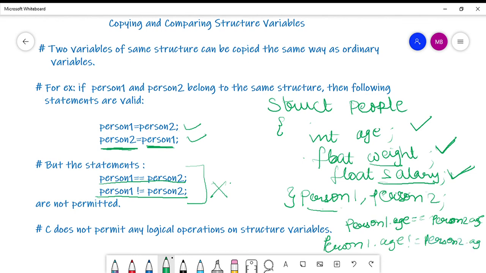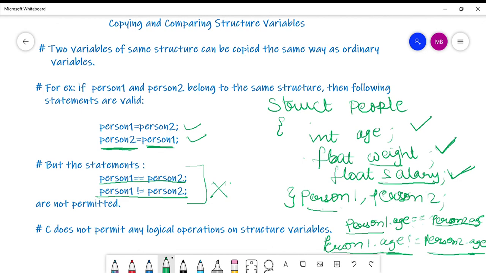So again this is through an individual member. Age is a member, and if I want to compare the ages of those two persons, I do person 1 dot age equal person 2 dot age, or person 1 dot age not equals to person 2 dot age.